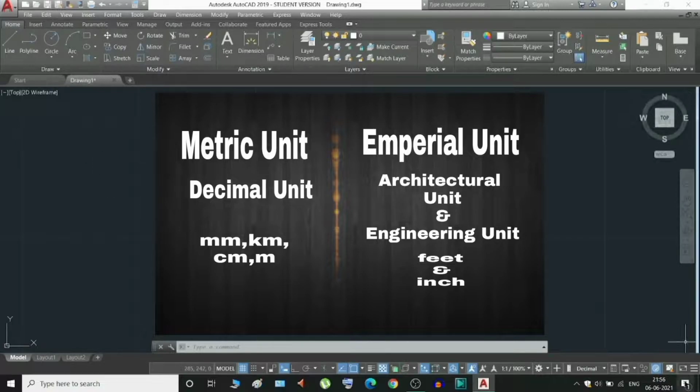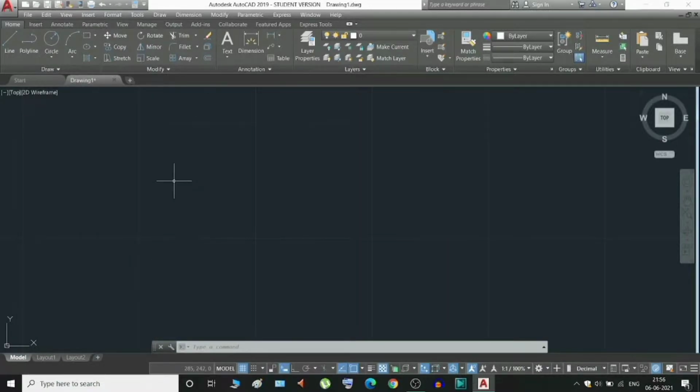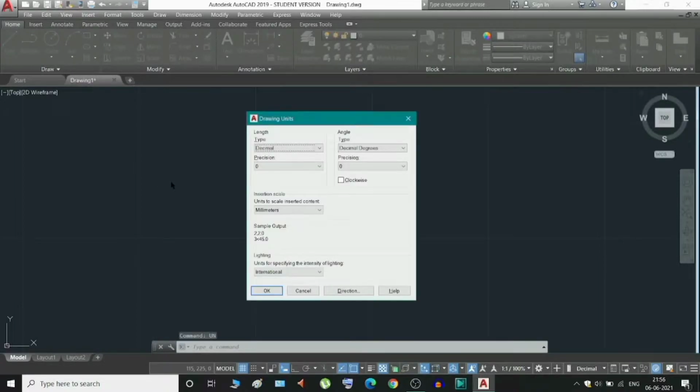So the drawing unit is the unit in AutoCAD where you want to select the unit for the drawing. To do that you first need to type UN, enter, which brings you to the drawing unit toolbar where you can find the type, precision and other options.